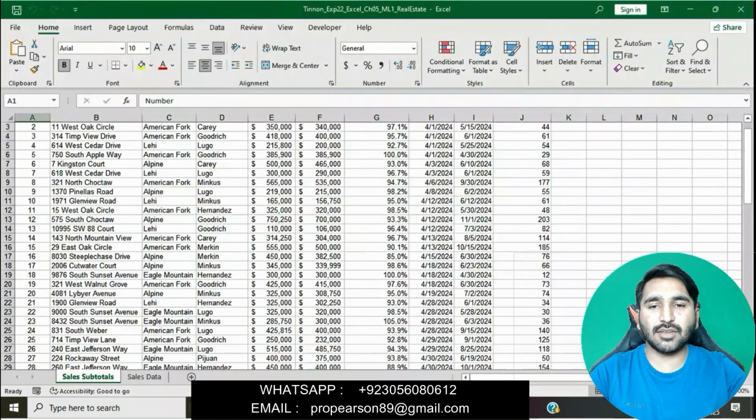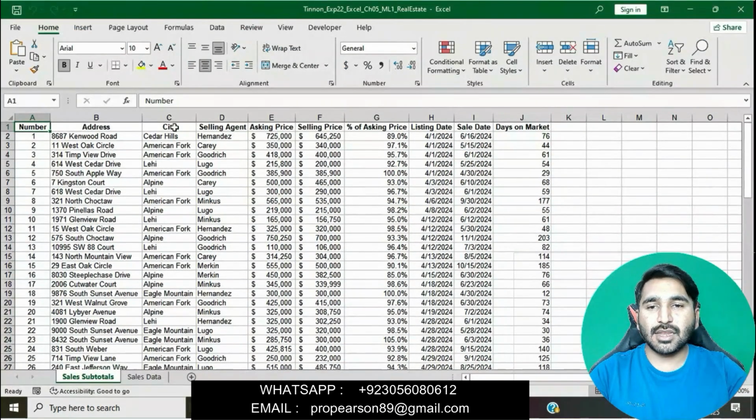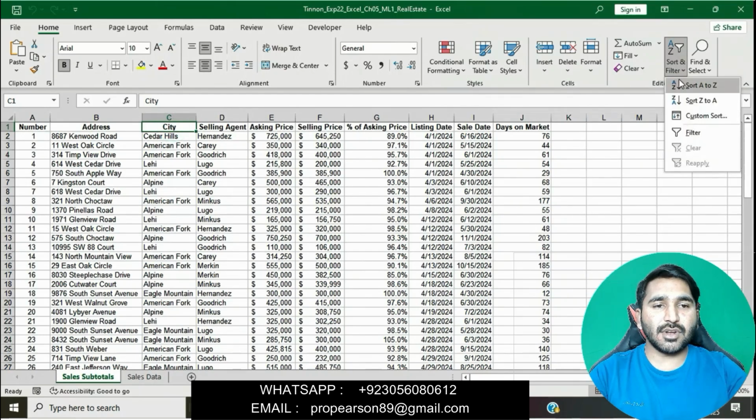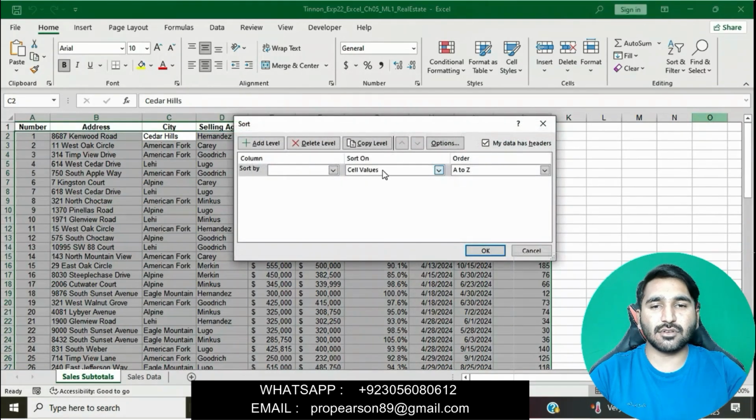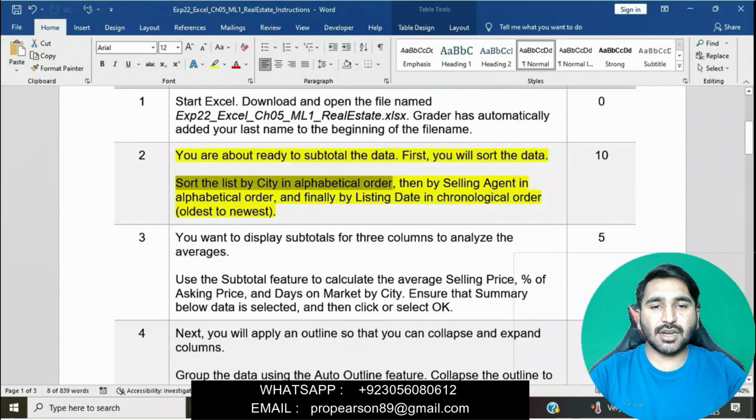We will move to the Excel workbook and first sort the list by city. Click on the city column and go to the Home tab. In the Editing group, click Sort and Filter, and then Custom Sort. We will select city, sorted A to Z, and then selling agent in alphabetical order.